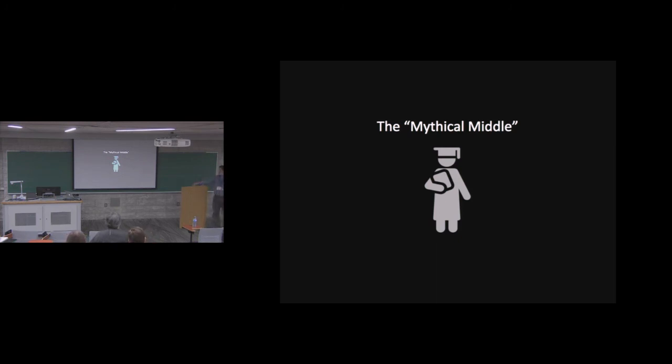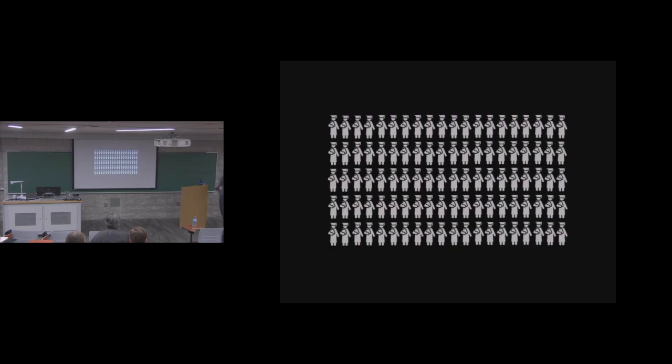So I want to walk us through a conception of who those learners are at Memorial. And so do we actually have these types of learners, this mythical average? So let's interrogate that a little bit. So this is our classroom. We have 100 students. About 100 seats in this room.